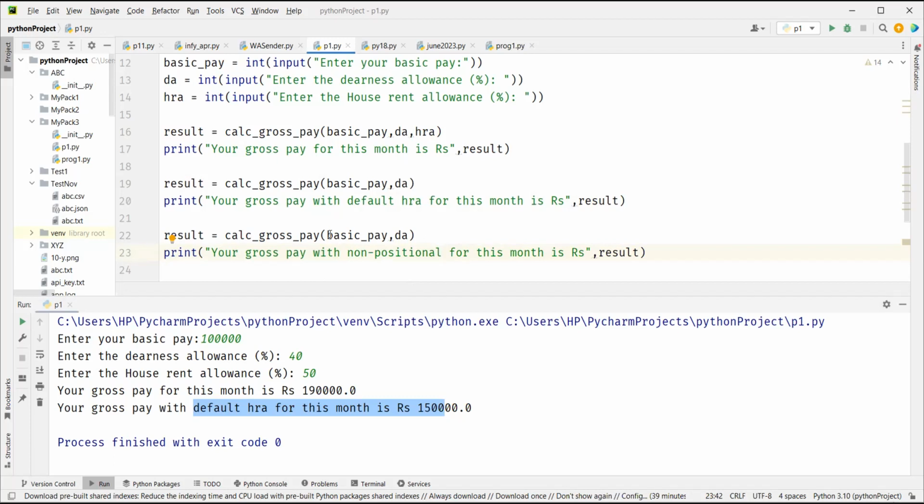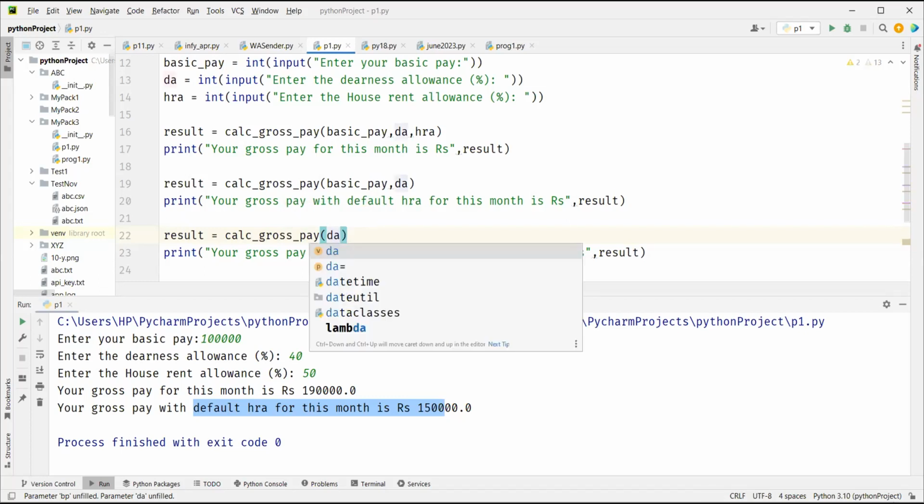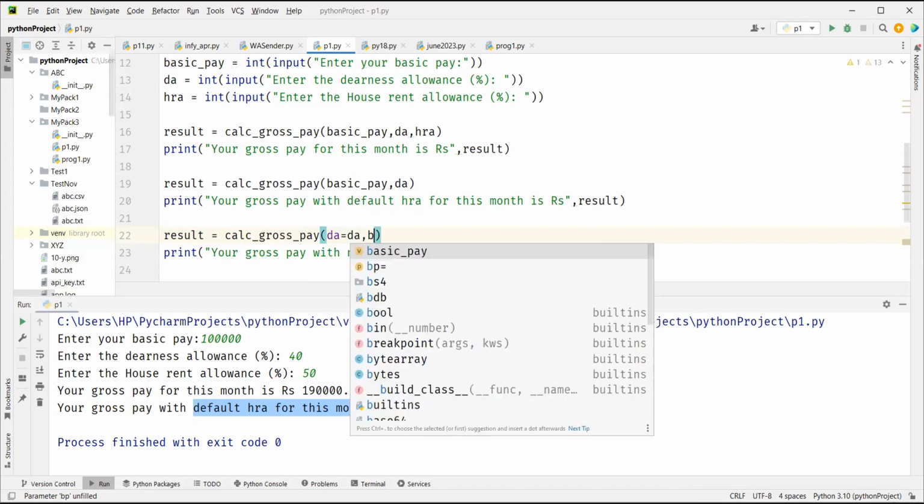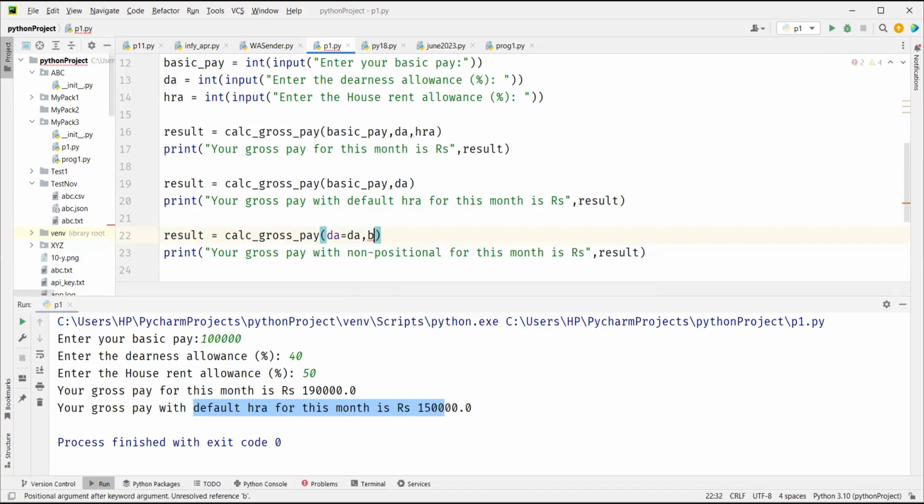Okay, so what you can do is, you write this. Now PyCharm is suggesting BP, DA, HRA int 10. So first is BP, second is DA, third is HRA, and HRA has a default value of 10. So now I'll say DA equal to DA. Basic pay BP, okay, BP equal to